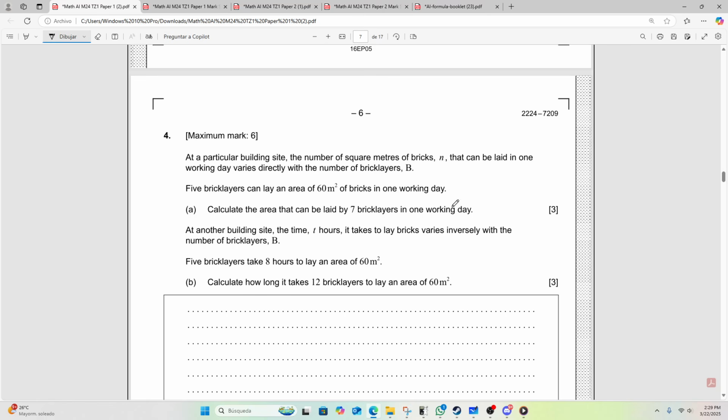this is more of a functions problem. So this has more to do with your intuition with exercises and functions. The only thing I can really try to mention here is that you have the phrase, the brick varies inversely with the number of brick layers. This is more of an exercise of interpreting the function and creating the function. This is more like just mathy math. There's not too much of a procedure you can apply here. This is more about knowing how to create functions, and practice makes perfect.